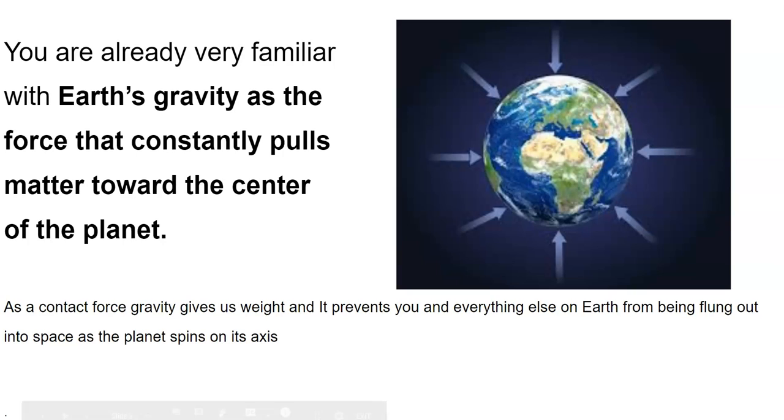All right, so we see this picture of the Earth, and the idea here is that we're kind of familiar with gravity, right? We've heard that word before. We know a little bit about it, and we already are kind of familiar with the idea that Earth's gravity has a force that is constantly pulling matter, us, anything else around us, towards the center of the planet, right? So it's pulling us down. And that's why on this round Earth, when we fly across to the other side of the planet, we're not standing on our heads, right? So whichever way we are situated on the Earth, we're being pulled towards the center.